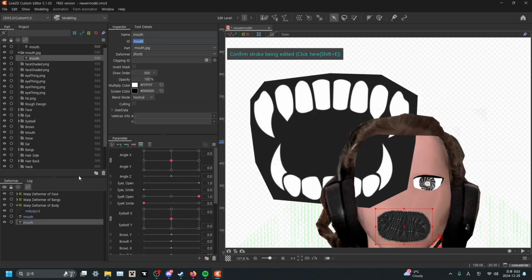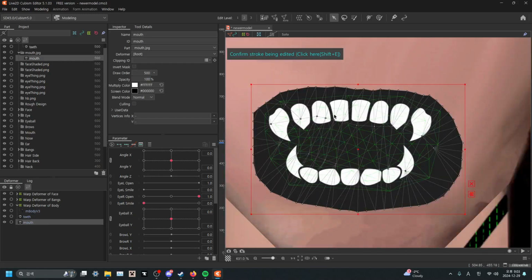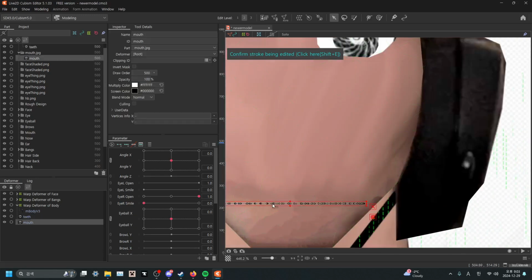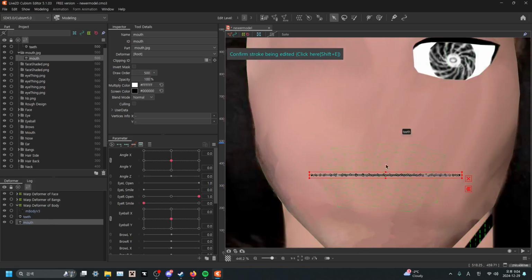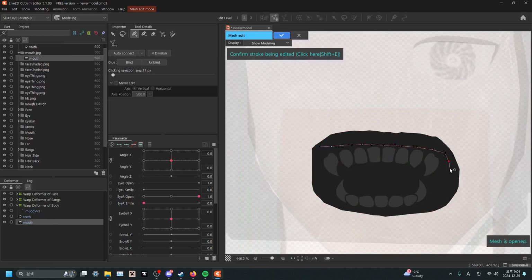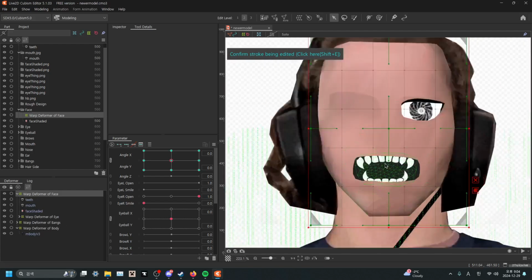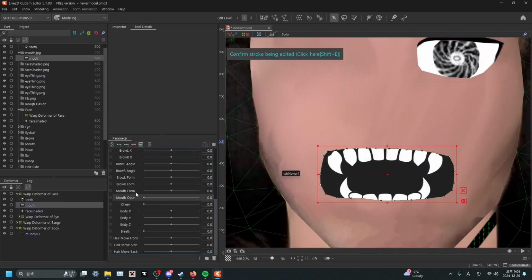So I tried a bunch of different meshes, manipulating the mesh actively. That just wasn't right, so I eventually settled on the honestly best way I've made a mouth, and that is